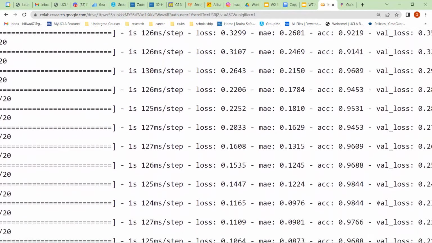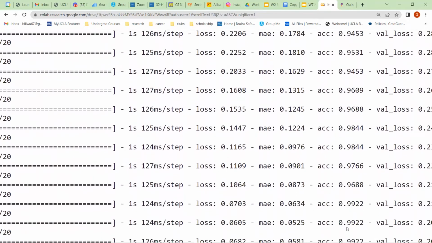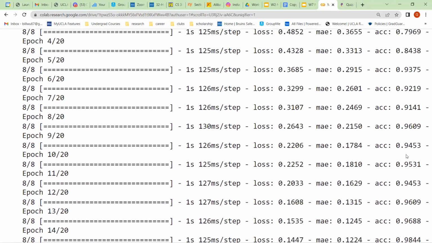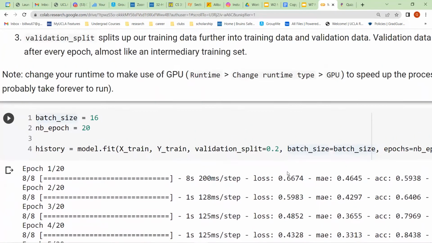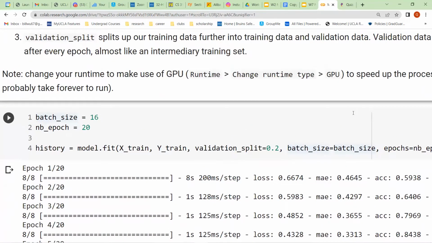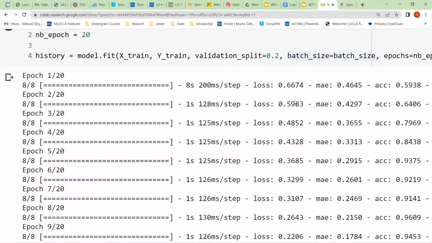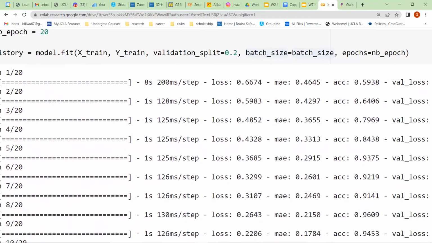Obviously, it's stagnating here, but if your model has a 99% accuracy, that's a really good sign, right? So whenever you're fitting and training a model, you want to see your loss decreasing and your accuracy increasing.